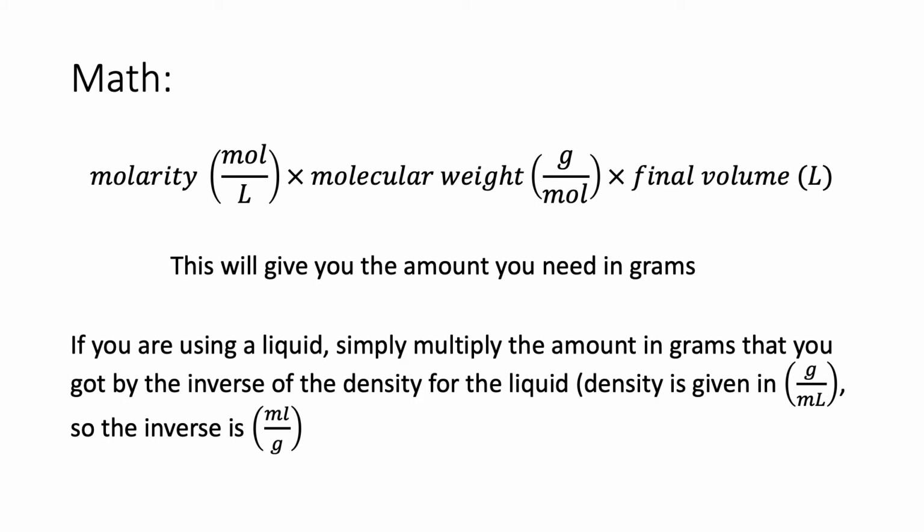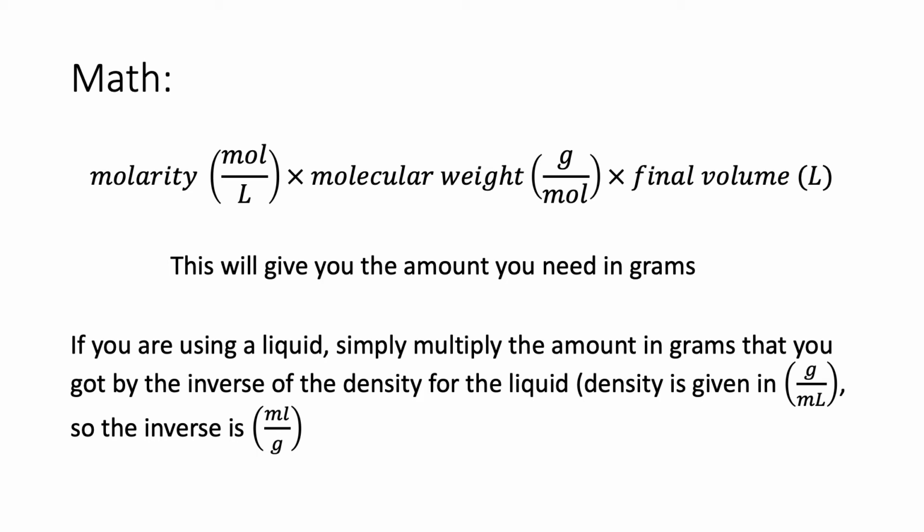Well, how do you do that? Okay, well, let's go back to general chemistry and remember our units and our math. Molarity is moles per liter. To get how many grams you need to add to a volume to get a molarity, you would simply multiply the molarity of the solution that you want times the molecular weight of the compound you are using. For our purposes, that will either be sodium acetate trihydrate or your acetic acid, times the final volume that you